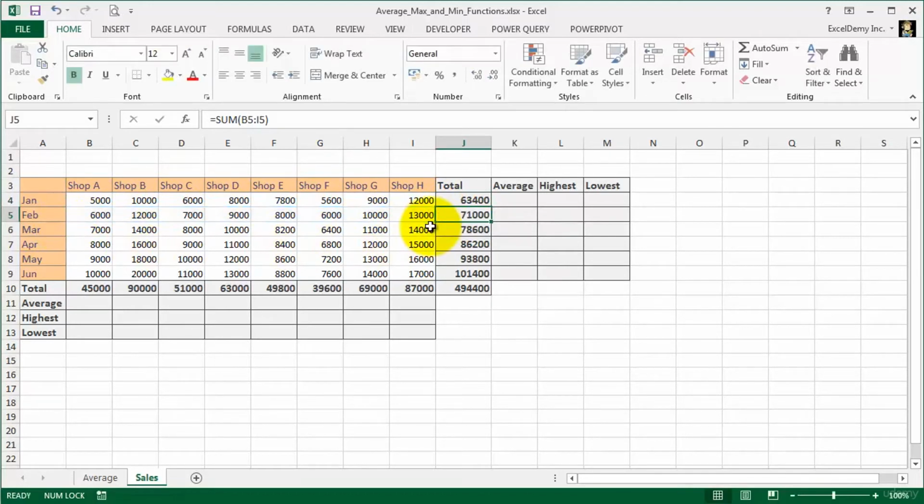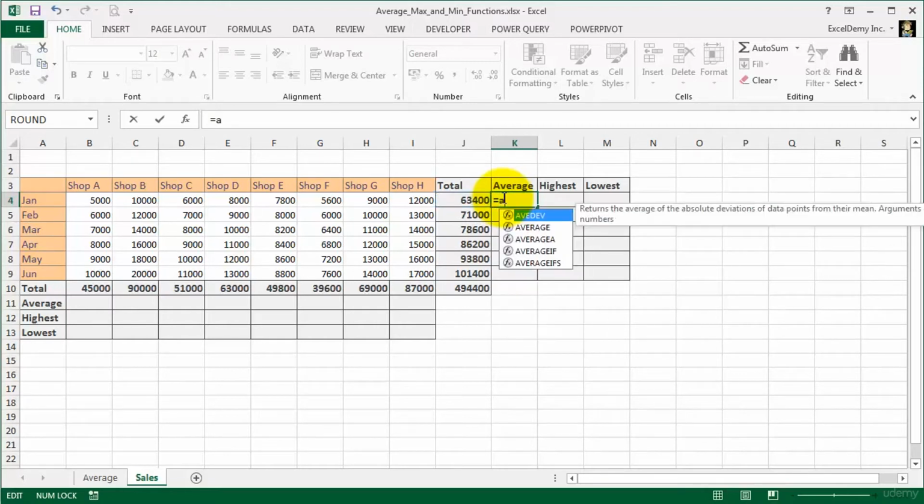To find the average, I select the first cell in the average column, input equal sign, select the total cell divided by 8, as there are total 8 shops here. I press return. So you get the average sales from the shops in the month of January. This is the old method. Now I will show you how you can find the average using the average function. Double click on the cell, delete the content after equal sign, type AV. 5 types of average functions appear in the list: AVEDEV, AVERAGE, AVERAGEA, AVERAGEIF, and AVERAGEIFS. I will use this average function. I will discuss the other average functions in the relevant videos.